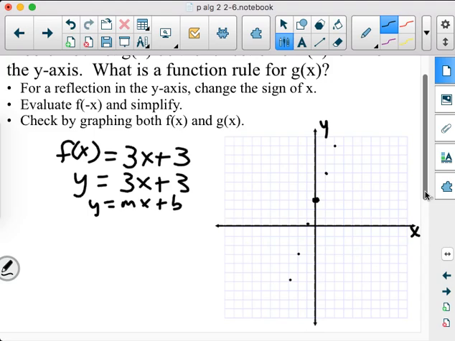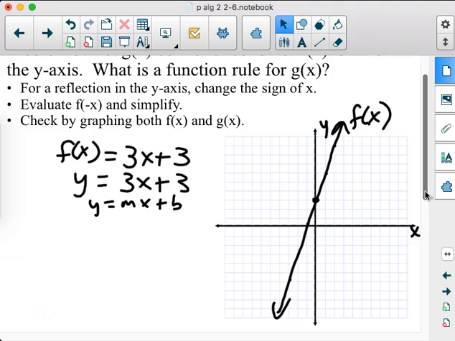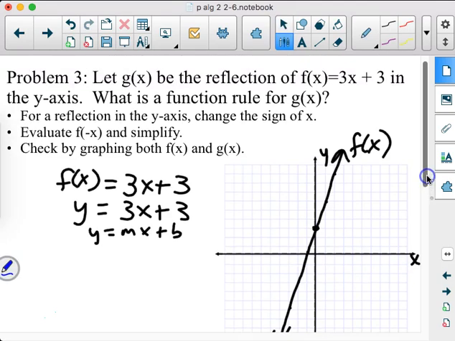Now, this one is f of x, so this is not my answer, but I want everybody to see what happens when we reflect this. So I'm going to go ahead and label that one f of x. Now, what was I supposed to do? Well, it said way back up here, we want to take f of x equals 3x plus 3, and we want to reflect it in the y-axis. So I think, okay, I have this, and if I'm supposed to reflect that in the x-axis, that means I have to make its opposite,